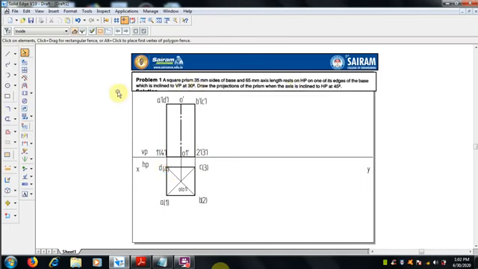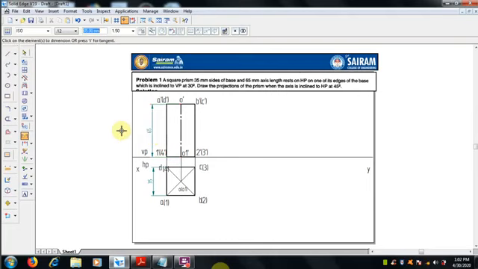Now let me check the dimension part also. 35 mm. So select dimension, smart dimension, select the edge. You can see it is 35 and the axis should be 65. It is given. So the initial position of the prism, the top view and front view, is over.